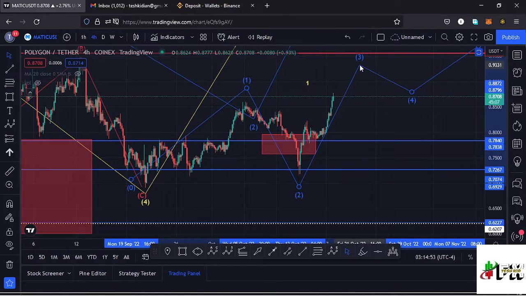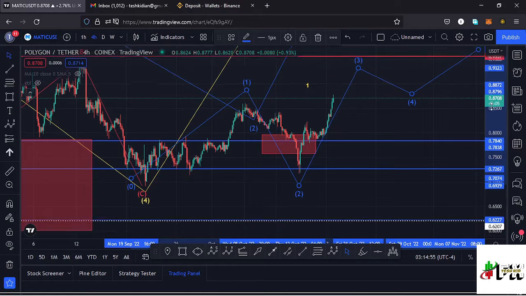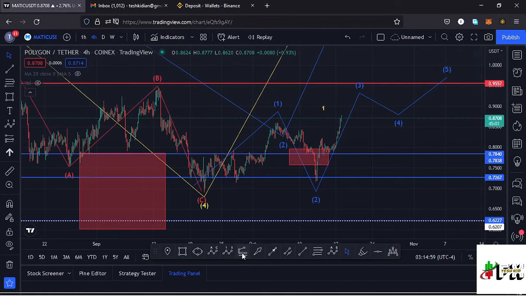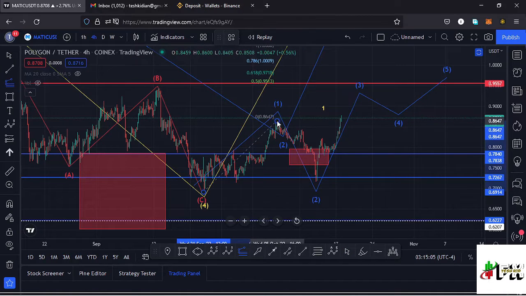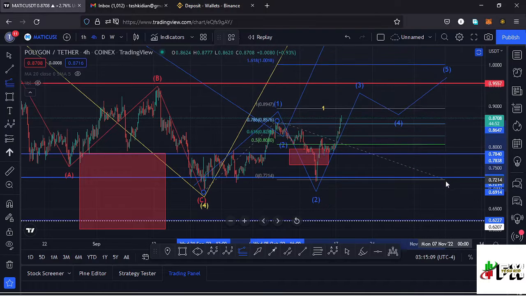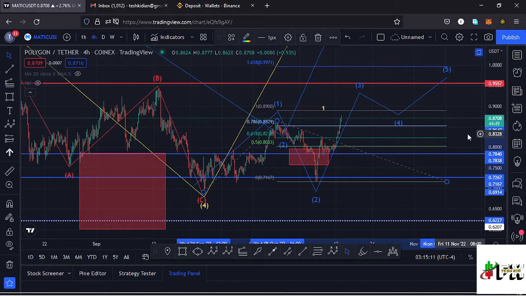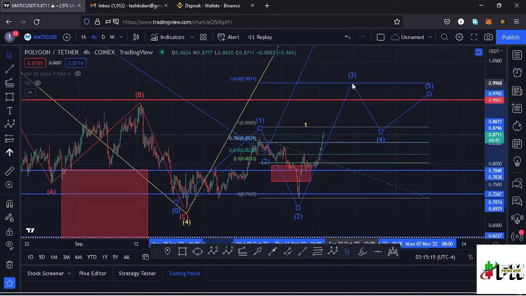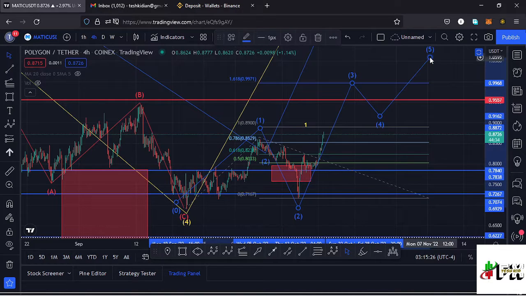And being a third wave to the upper side, we can also sketch out a target area to the upper side in the formation of that wave 3 using a trend based Fibonacci, connecting it from the low of the wave 1 to the high of that wave 1, then dragging the fibs to the low of that second wave, and that gives me a minimum target area to the upper side in the formation of that third wave at around the fib level 1.618, and that is at around the $0.99 mark. So let's be patient and see whether Polygon Matic is going to continue respecting that Elliott wave structure,